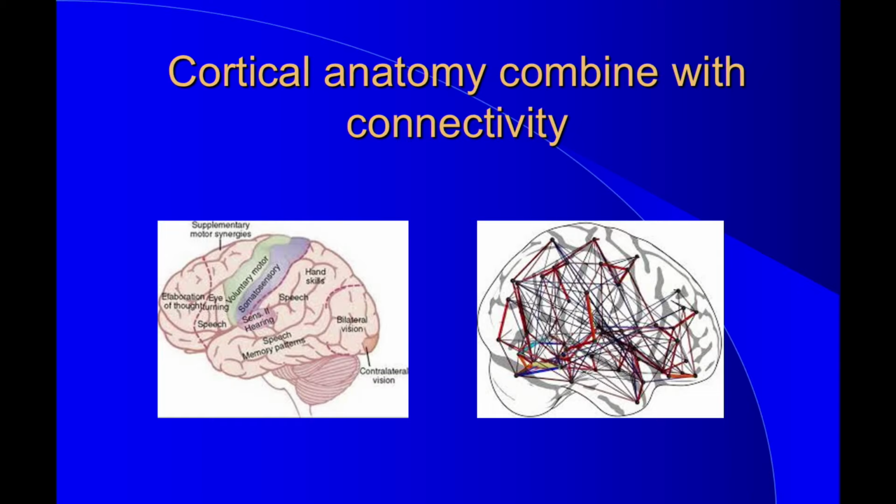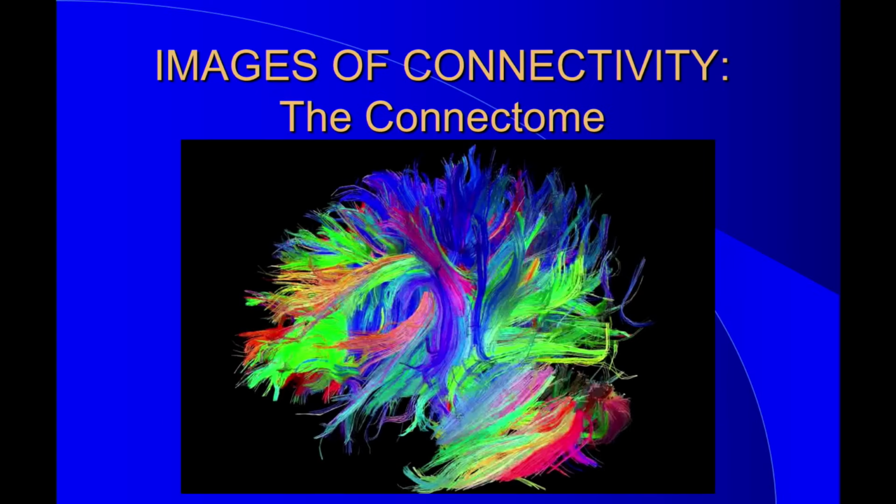And there's been a lot of progress in getting fantastic imaging of these interconnections. Look at that, right? This is a connectome. This is diffusion tensor imaging, where we can look at the tracts that connect one part of the brain to the other. This is a whole brain image, and it looks like something you would have seen on Thursday, with a Halloween wig, right? This picture doesn't mean a lot more to me.